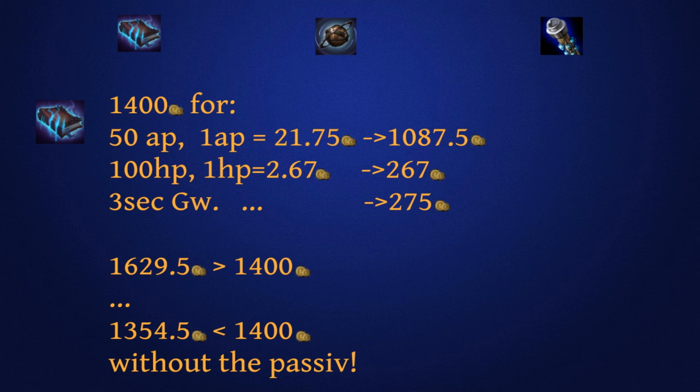Following along, for the 100 HP, I looked at the Ruby Crystal for 400 gold and 150 HP, divided that, and found out 1 HP is worth 2.67 gold. Means 267 gold for 100 HP. So good so far. The 3 second Grievous Wounds were a bit tricky to figure out because there's no item